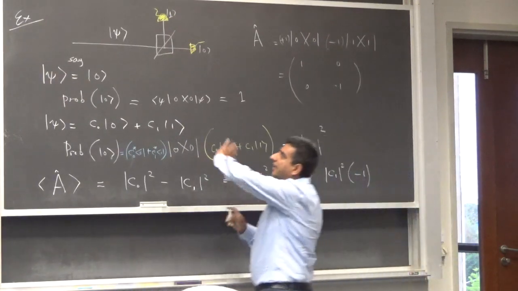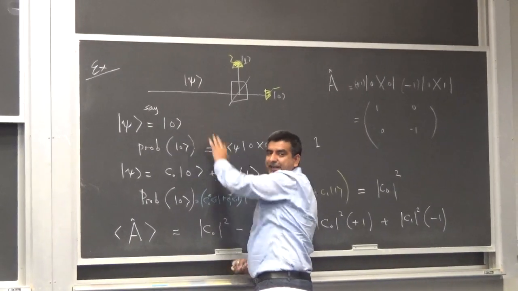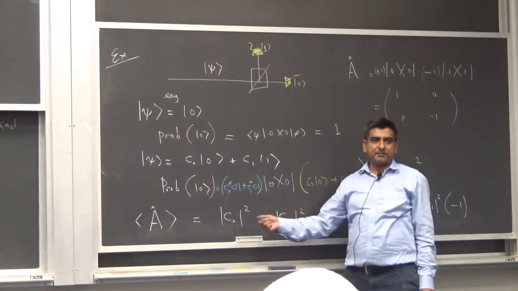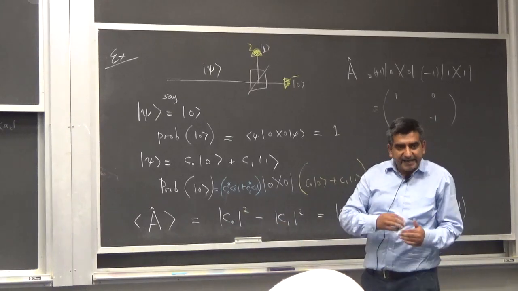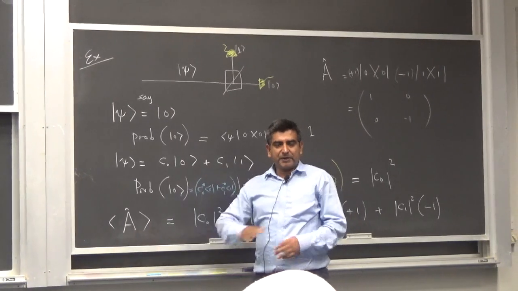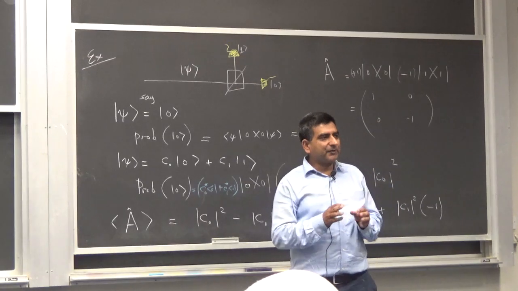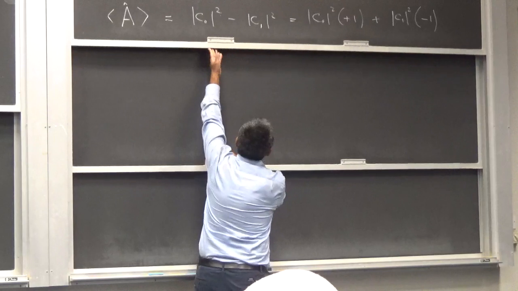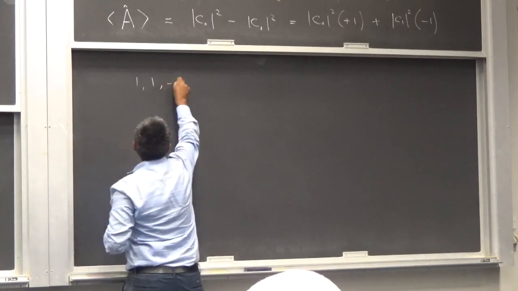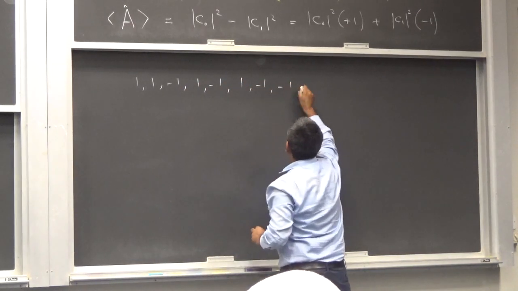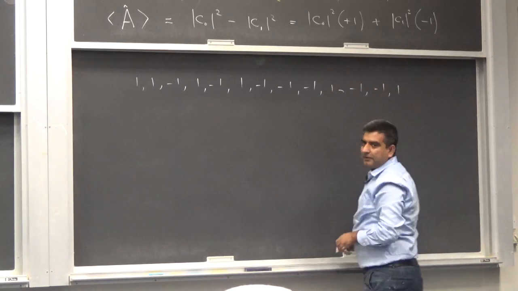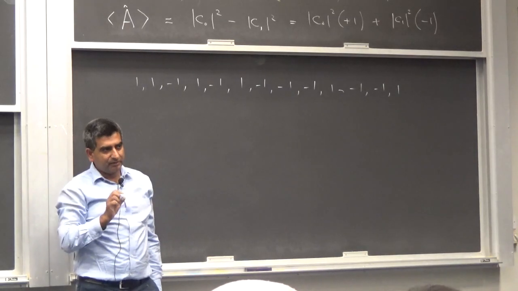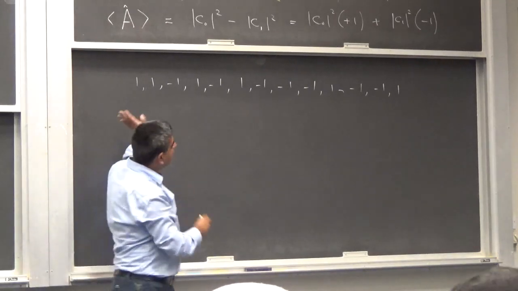So if I were to repeat this experiment a large number of times on identical copies of ket psi, and I would look at all my outcomes and find the average, this will be the average. It's going to be some number, 0.1, 0.3, 0.5, 0.6. That's the expected value of this operator. So in a measurement scheme which is measuring this observable A, every time I get a single eigenvalue, either 1 or minus 1. So I will get some sequence of 1s and minus 1s, right? And if I were to find out the histogram or the frequency of occurrence of +1, that would be C0 mod square, and conversely for minus 1. And the average of these will be C0 mod square minus